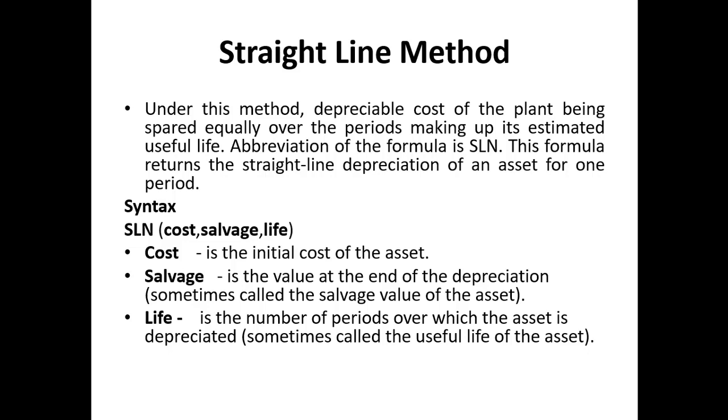So therefore, the straight line method is suitable for a situation where you expect to take the benefits of the PPE item on a constant basis. So you are expecting to get the same amount of benefit throughout the useful life. For example, if you expect to do 10,000 output for each period from the beginning of the useful life up until the end of the useful life,